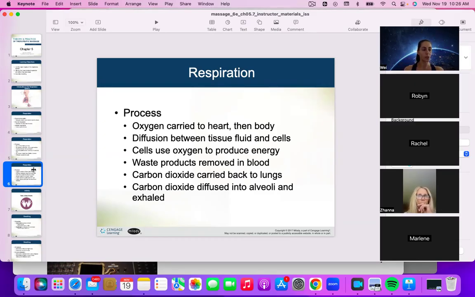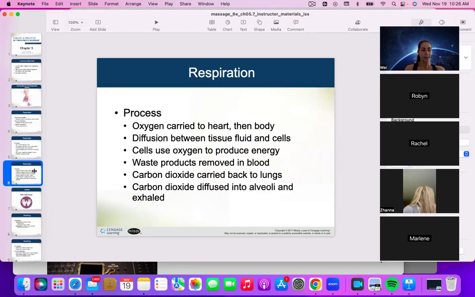Now, the oxygen concentration in the alveoli is greater than the one in the blood. That means the alveoli have more oxygen than the blood that comes from the body, whereas carbon dioxide in the blood is higher than in the alveoli. So that's the idea: the highest oxygen supply you're going to find is in the alveoli. So through diffusion,